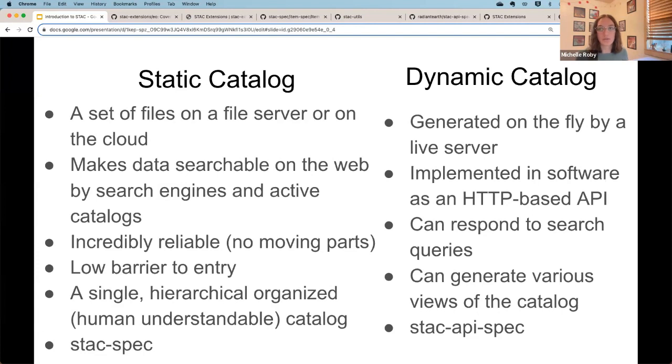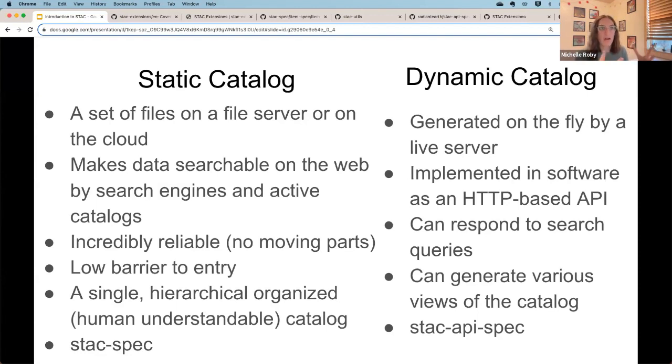I'm not going to get too deep into the STAC API today, since it's a lot of information at the beginning. But I did just want to include this distinction to explain the difference between a static STAC catalog, the one we've been looking through with all of the JSON. And there's still JSON in the STAC API, but just a little bit of that distinction.